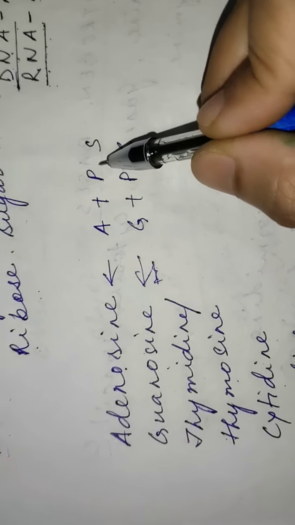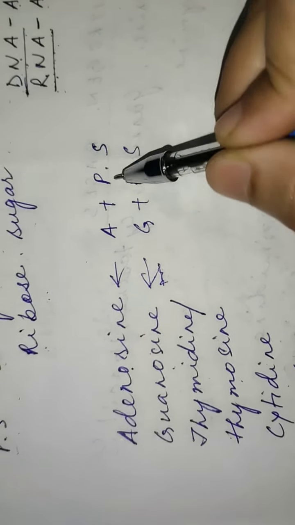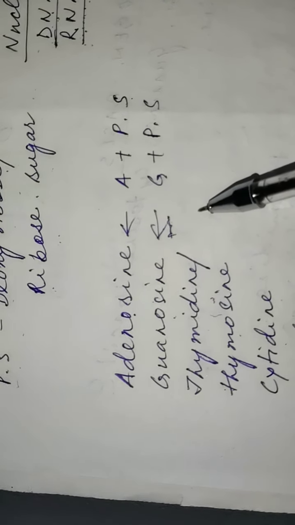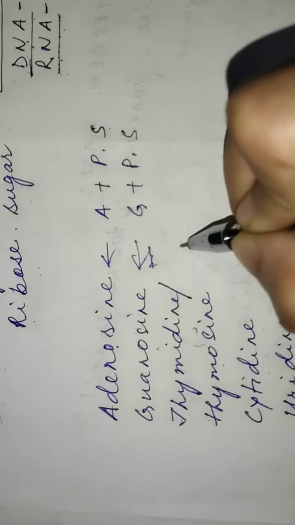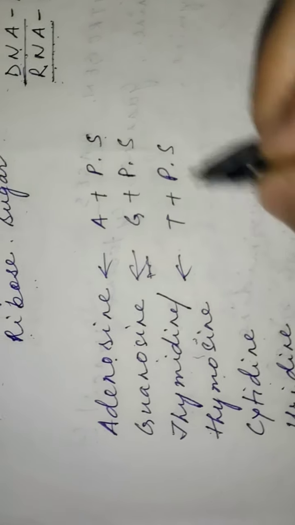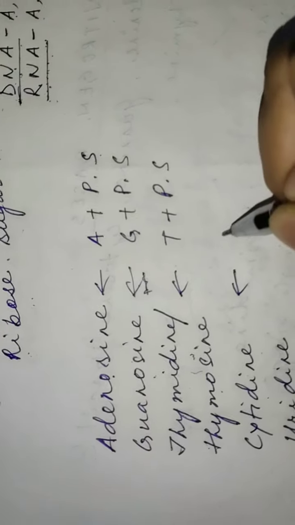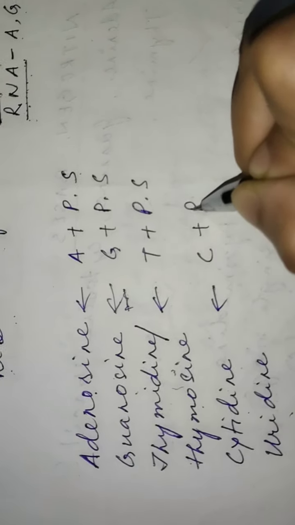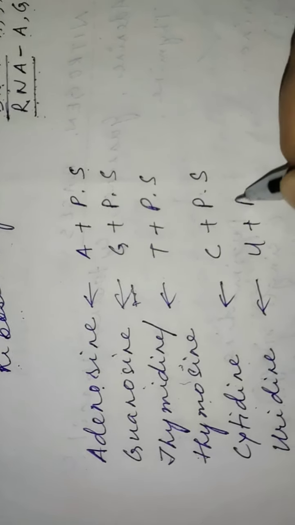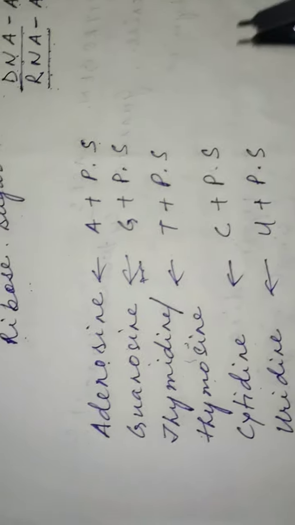I am writing in short PS for pentose sugar and B for nitrogenous base, and this is the nucleoside. Accordingly, in case of thymidine it will be T plus PS, pentose sugar. C plus PS, pentose sugar. Uridine, U plus PS. Is it clear? So this is all about